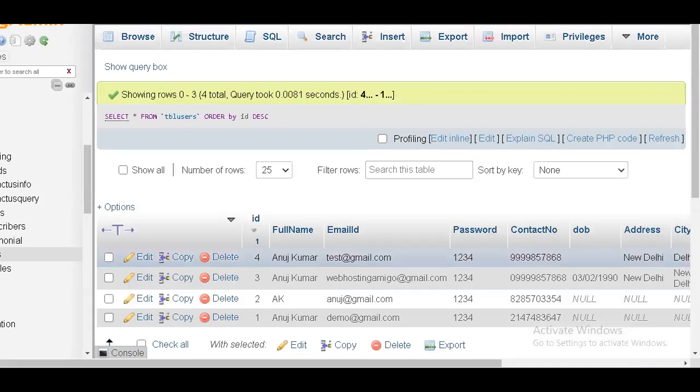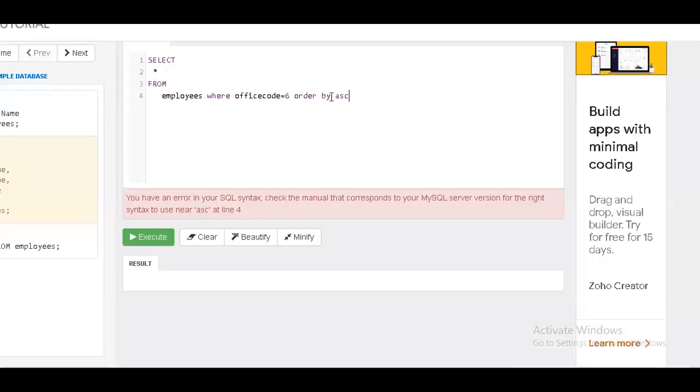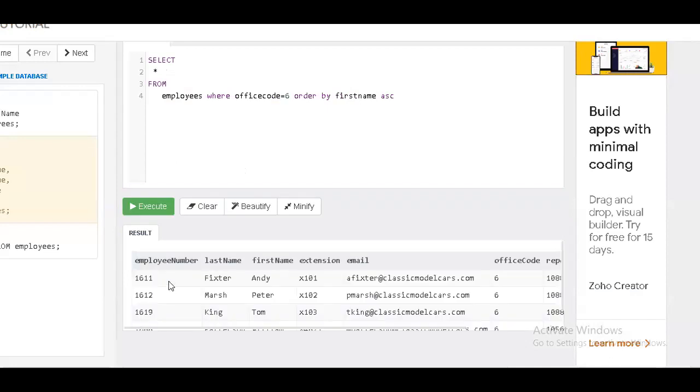So same thing here also we'll see that. What is the field name here we have? I think we have something called first name. So I'll go within first name, and I want to order it. So you can see here, first name has been ordered. Otherwise, we'll take the employee number. So it is better, we'll understand.